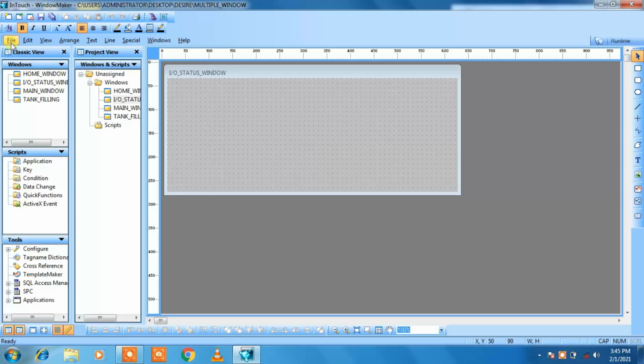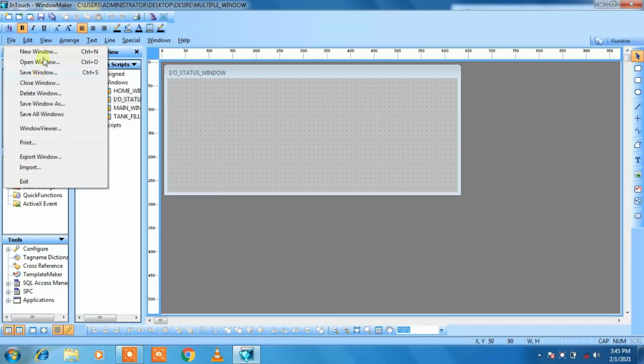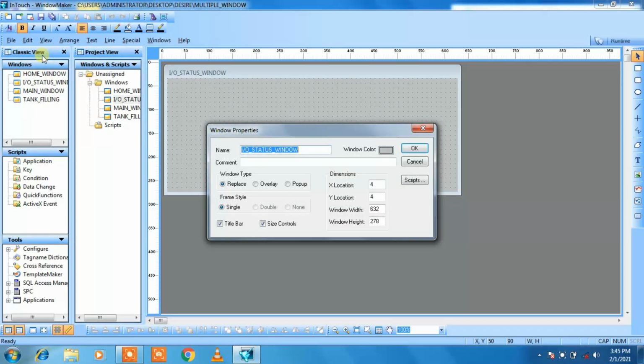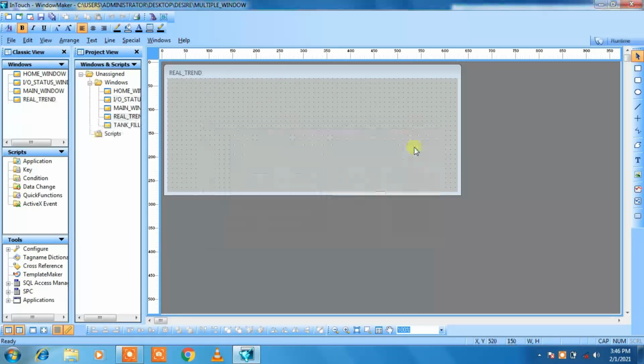Then the fifth window is the real trend window, so I will give the name real trend. Why am I giving the name real trend? Because I am going to see a real trend graph over here. Click on OK. This is my real trend window.